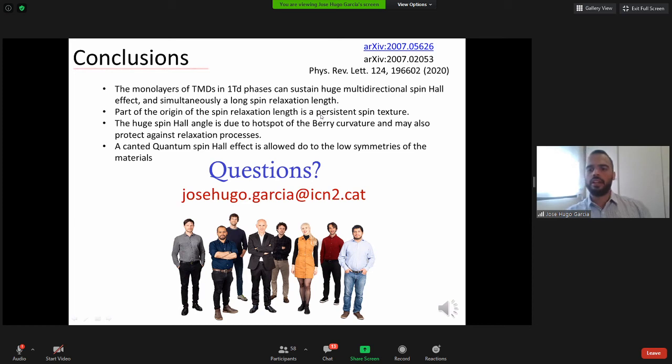Yes and no. There is something that is still not well understood. When you do the calculation for the monolayer case, you see a very short spin relaxation length compared to the current measurement by Singapore. In the current measurement by Singapore, you have 1 micrometer spin relaxation length. I have, in the best case scenario, 100 nanometers. So it's not clear